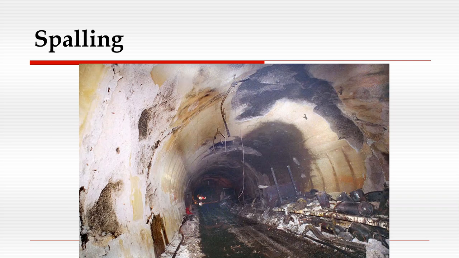So here is a tunnel where vehicles may have been driving through, and there was a large fire in there. The temperature elevated and heated up the concrete around it, and you began to see spalling throughout the surface of it. So then firefighters come in here to put this out, and you're adding additional pressures and additional temperature changes